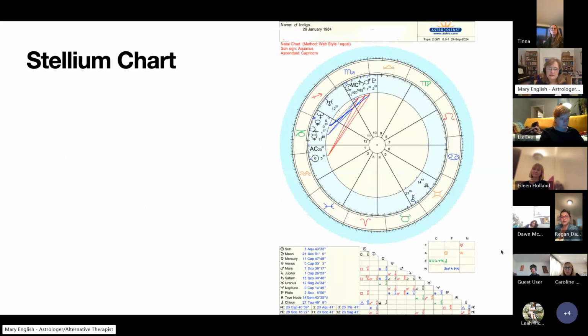So this is somebody else with a stellium. Again, this is a person that has volunteered the chart, but not their name. They were born on the 26th of January, 1984. And I've just called this indigo chart. And you'll see they've got an even tighter stellium, which is only covering 4 houses. You'll see a planet or some symbols in the 5th house. That's Chiron, which is in a planet's astrology. And you'll see the symbol for the North Node. Again, that's not a planet. This person has a very squishy chart.